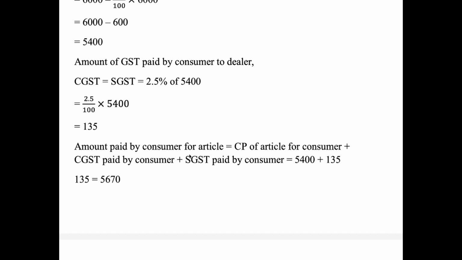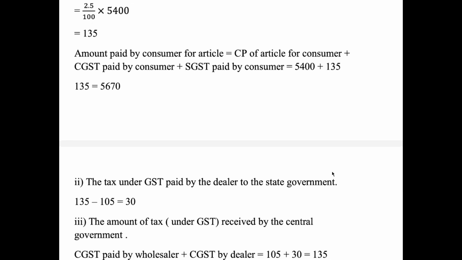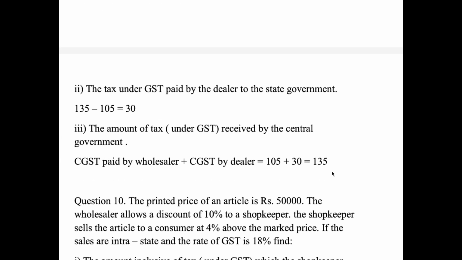The amount paid by consumer for article is equal to CP, that is cost price of article for consumer, plus CGST paid by consumer plus SGST paid by the consumer, that is 5400 plus 135 plus 135, that comes to 5670. Now come to the second part, the tax under GST paid by the dealer to the state government, that